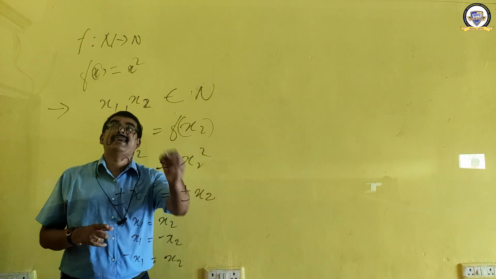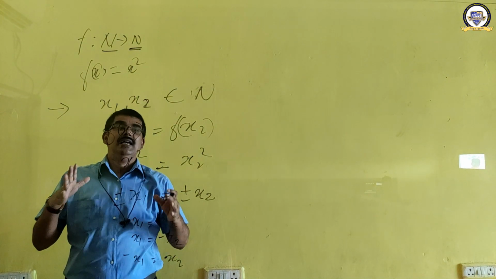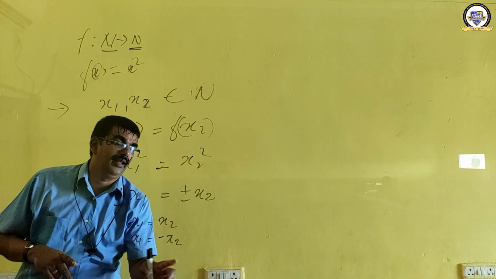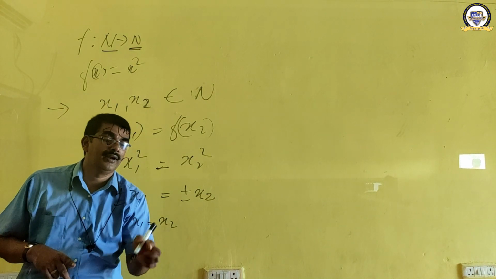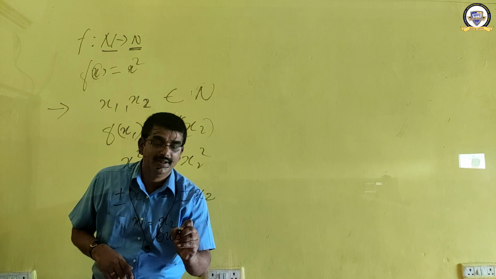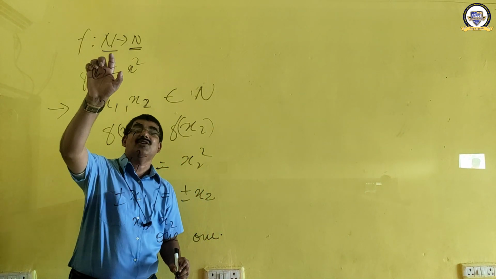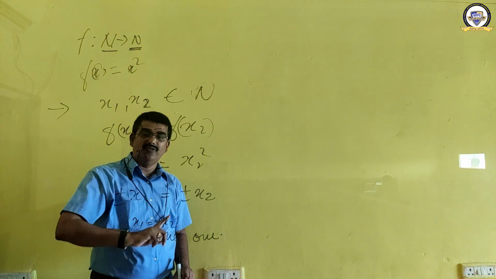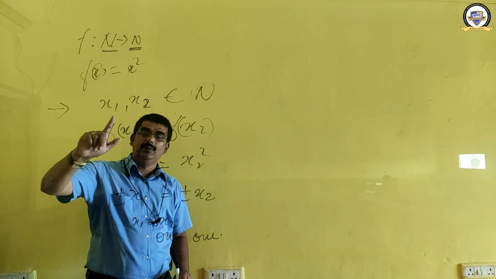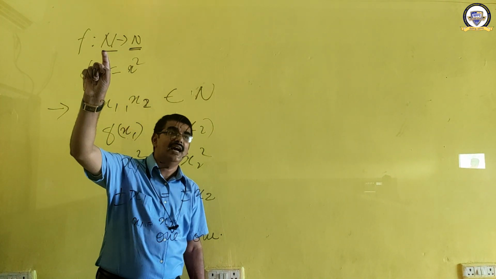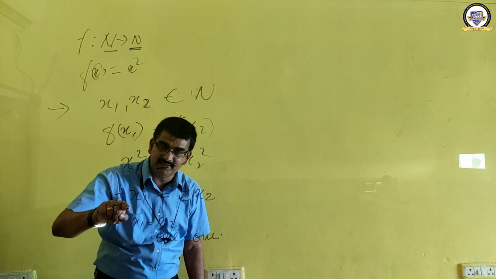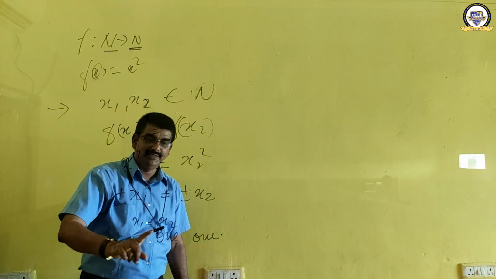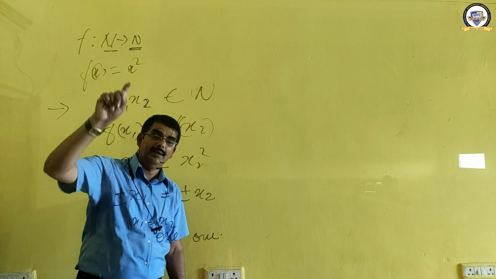No, we cannot say that in general, but here it is 1-1. Why? In the case of natural number to natural number, natural number means positive number only. There isn't any case of negative number over here. So x1 is equal to x2, so it is 1-1. Only in the case of natural numbers is this a 1-1 function. If you take the square root of x2, you will get the positive x1 only, because we are considering natural numbers. If you consider integers, then of course we have to consider the other cases also. So in the case of integers, this is not 1-1, but in the case of natural numbers, it is 1-1.